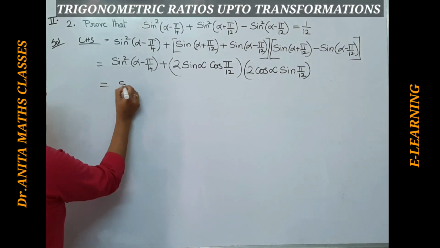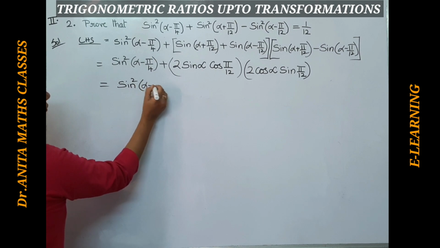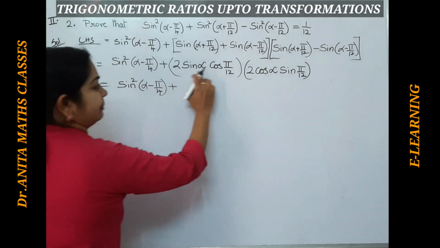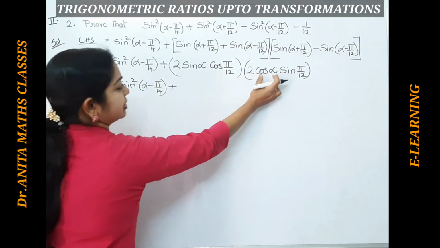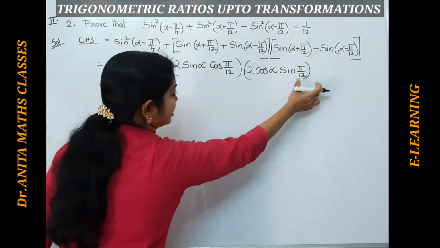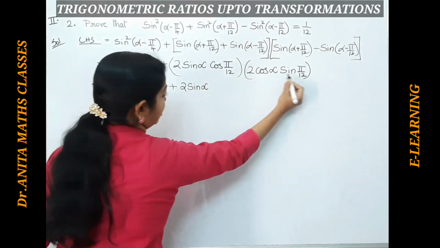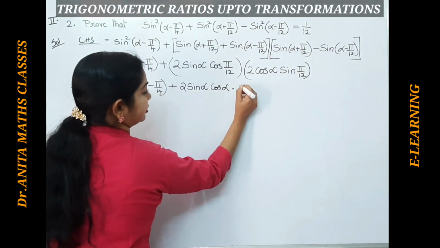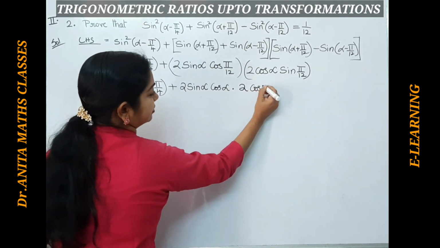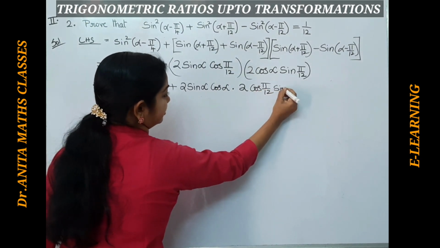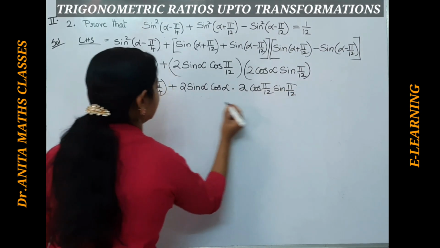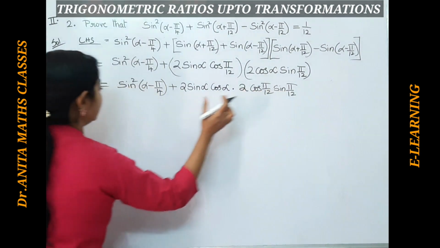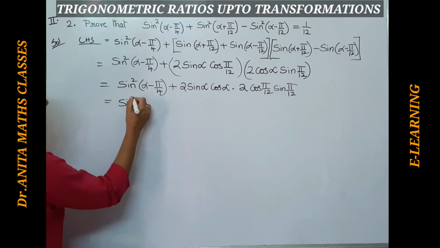Now, if you see here, keep this as it is, sine square alpha minus pi by 4. Here, if you see, this is multiplication. We will rearrange this. Let's bring this cos alpha to this side and cos pi by 12 to that side. So, when we rearrange them, because this is all multiplication, sine alpha, cos alpha to one side, and again I will take 2 here, cos alpha, cos pi by 12 and sine pi by 12. Just rearrange them such that this becomes sine of 2 alpha, and this is also sine of 2 into pi by 12. So, sine 2 theta